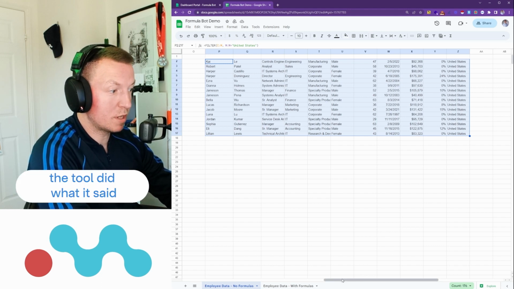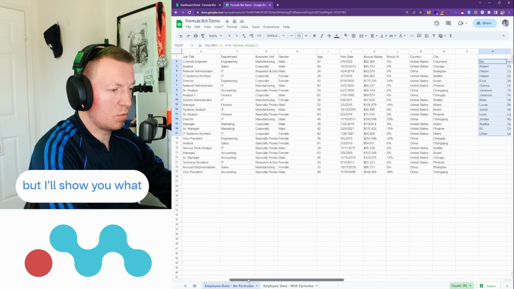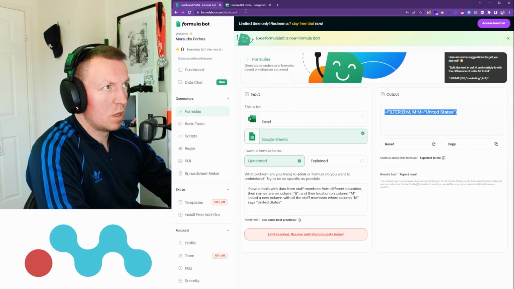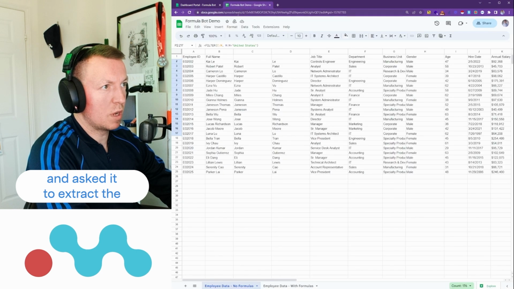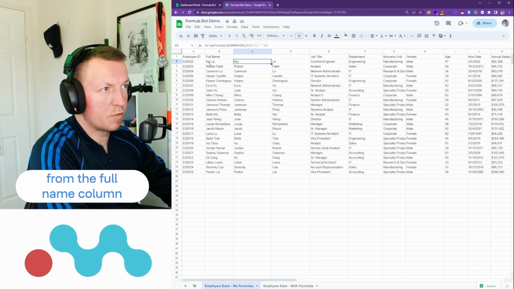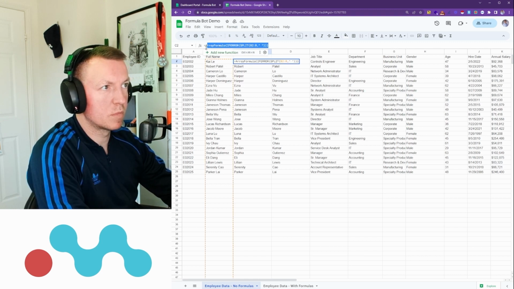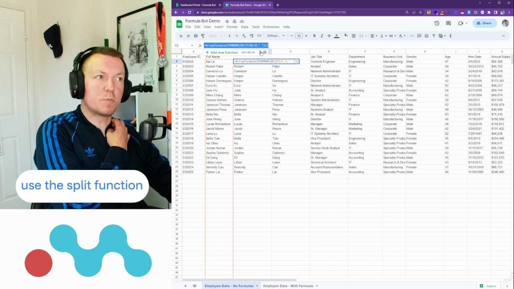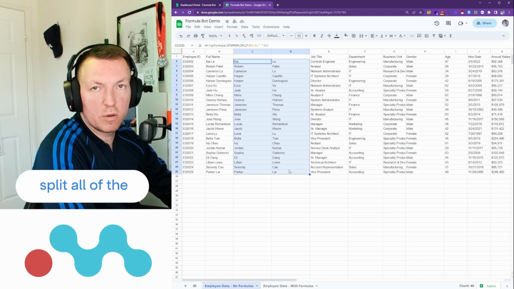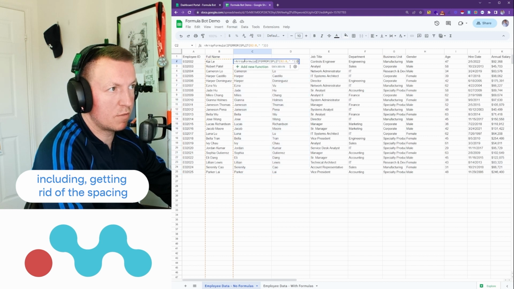So the tool did what it said. I ran out of credits, but I'll show you what the formula looked like. I also queried this tool and asked it to extract the first name and surname from the full name column. And this is the information it spat out. So an array formula, use the split function, and it nicely split all of the information, including obviously getting rid of the spacing,